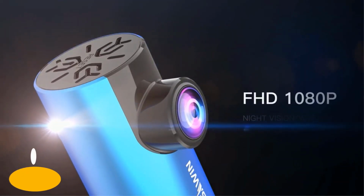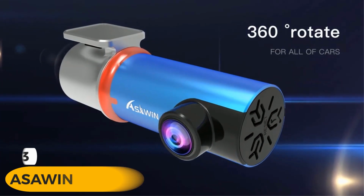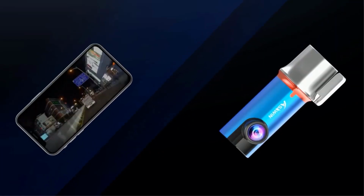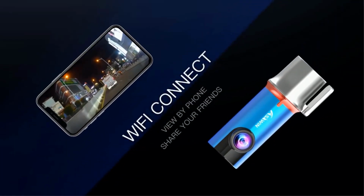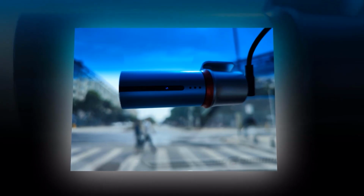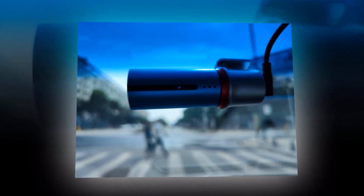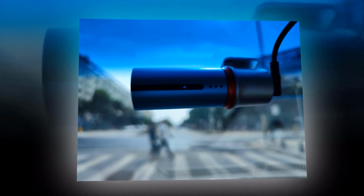Introducing the Asawin S35DW Wi-Fi dash camera, the perfect companion for your car journeys. With its advanced features and cutting-edge technology, the Asawin S35DW is designed to provide you with a safe and convenient driving experience. Equipped with full HD 1080 pixels resolution, the Asawin S35DW captures every detail of your drive, ensuring crystal